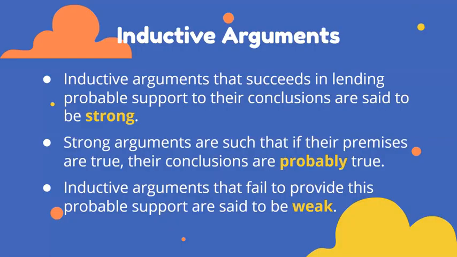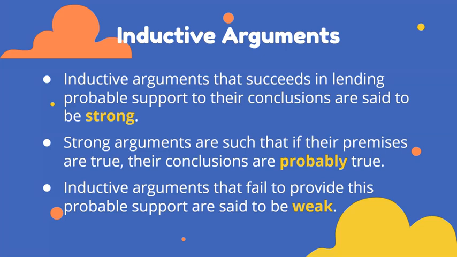So we can even think of an example before moving on of what a weak argument would be, right? It'd be something like, I have only eaten 2 apples in my life and they've both been disgusting. Therefore, all apples are disgusting, right? That's not a strong argument. That's a very weak argument because it's a very limited sample size. And I'm inferring to all apples from just 2 apples that I've eaten, right? Not a strong argument. So there are plenty of examples of weak arguments out there, and they're different than